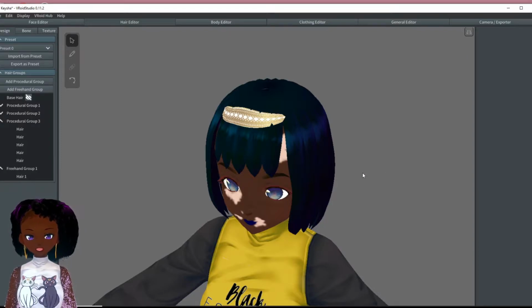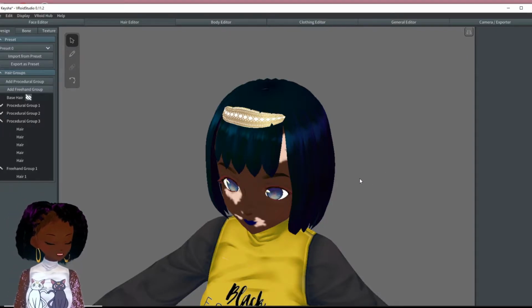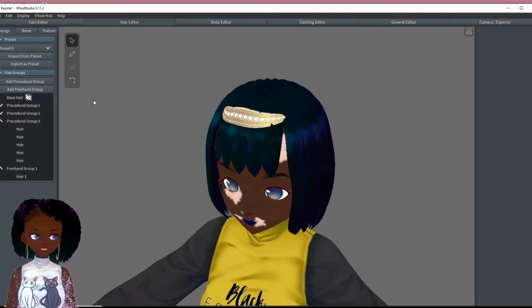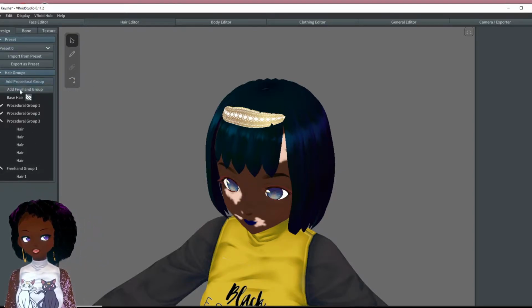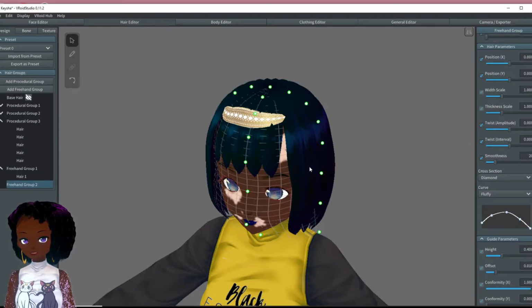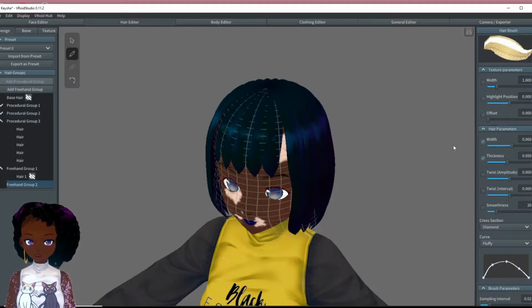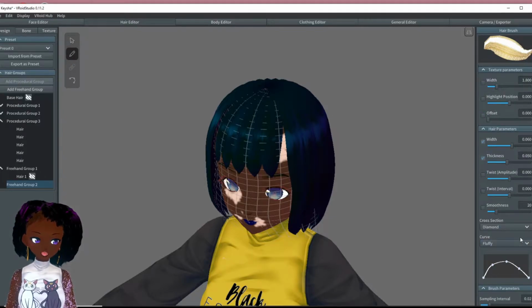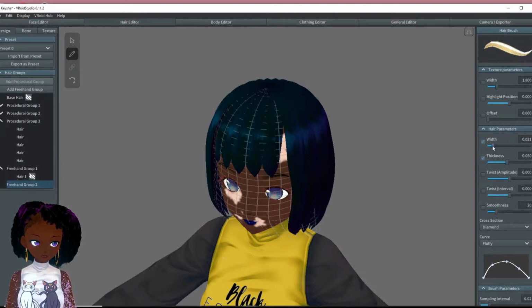Okay, so for the intermediate one, you have two options. You could either draw in your own pattern on Vroid itself. So for example, I don't know why I made a new hair group thing, but we are doing that. Before we get to drawing, we're going to change around the width, thickness,